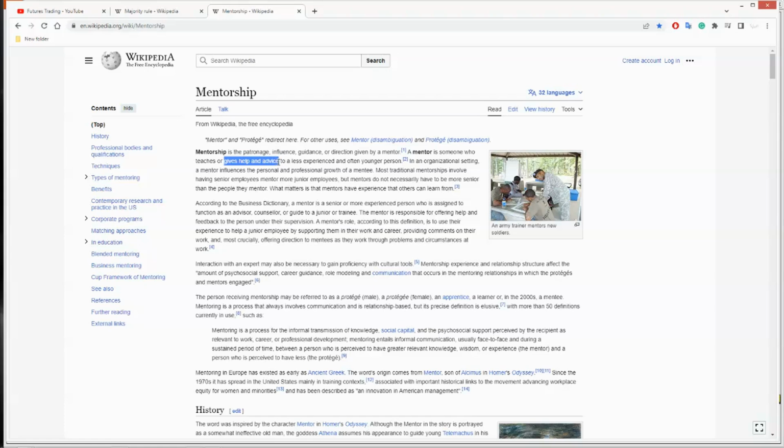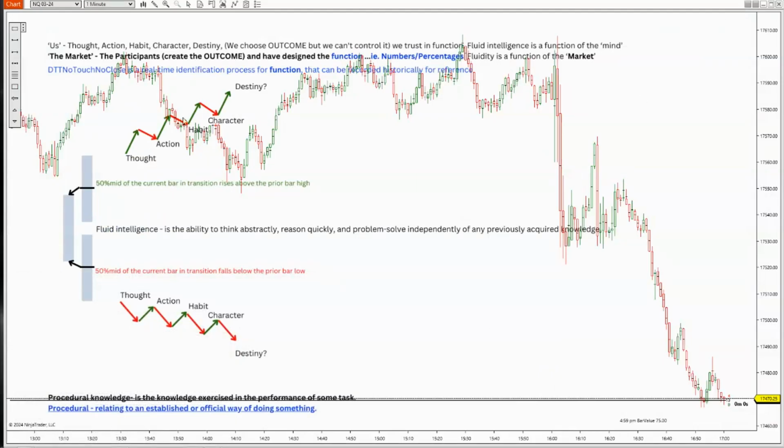If you will not listen to the market and what the market is telling you, you will not get the help that you need. So I want to say that to you outright. All right. So the market is a fluid event. It's a fluid event, and